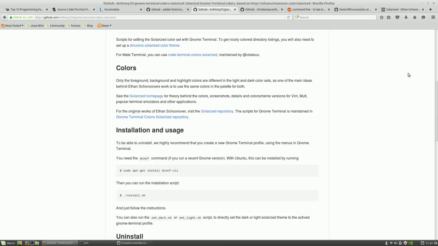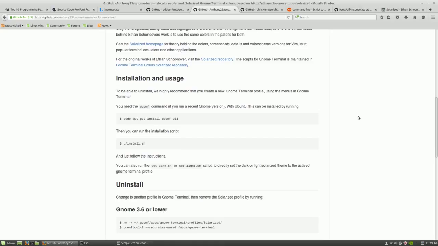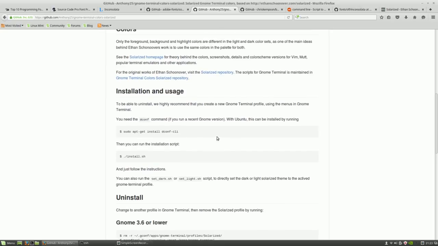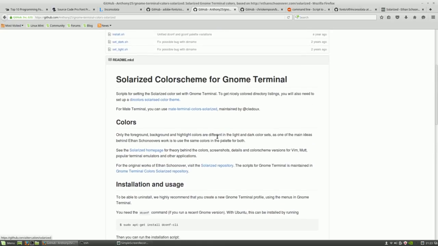If you don't have GNOME Terminal, you probably want to go away and get one that's compatible with your terminal. So say you have Mate Terminal, say you have Terminator, say you have Konsole. You want to go and get one that's compatible. Right now we're using GNOME Terminal, so we are going to grab this guy's Git